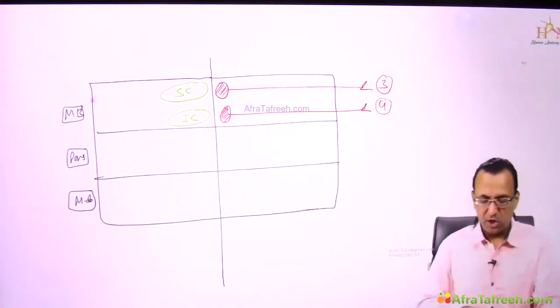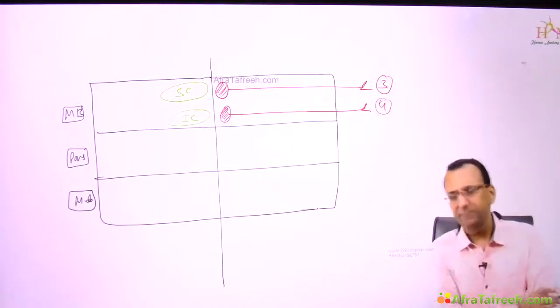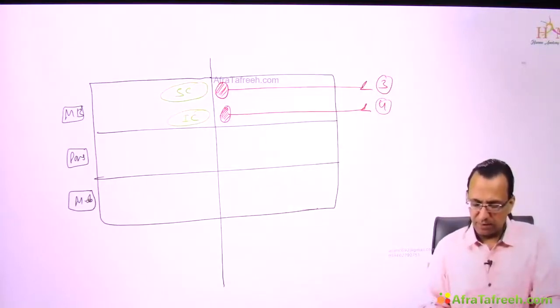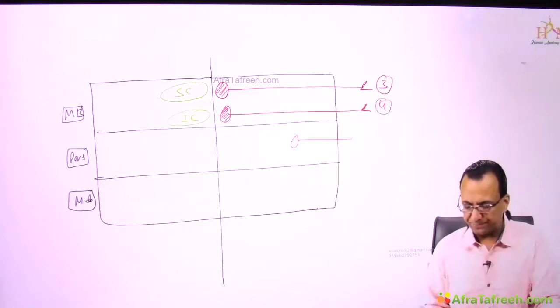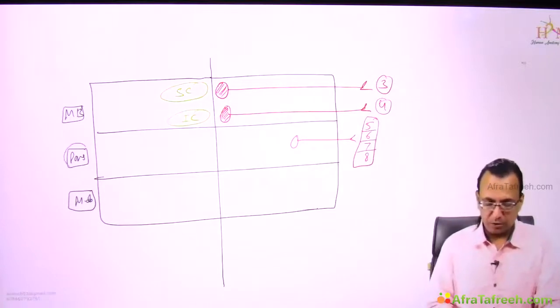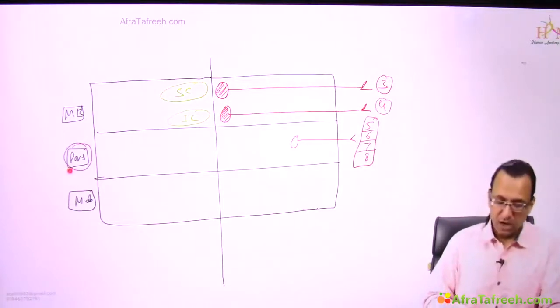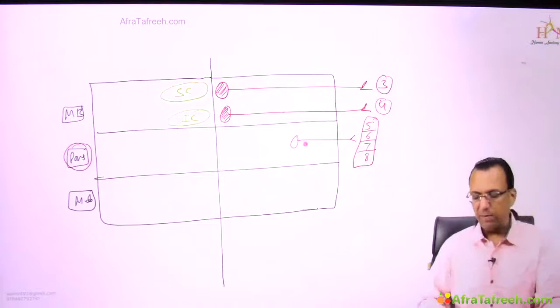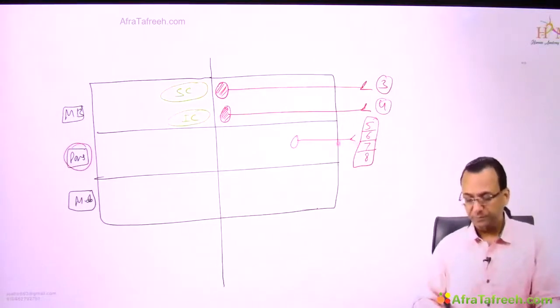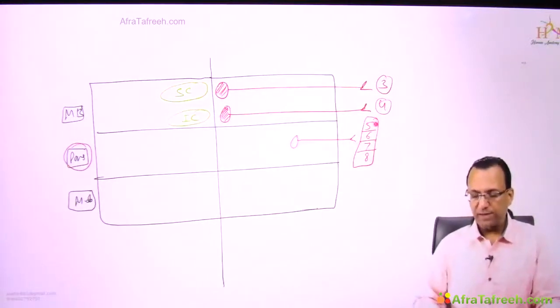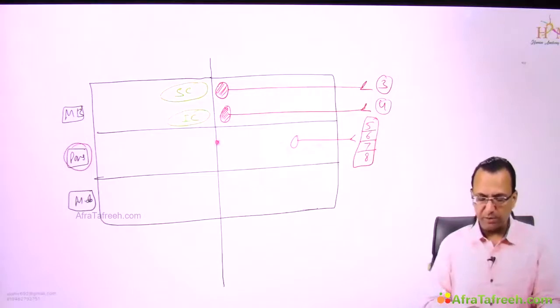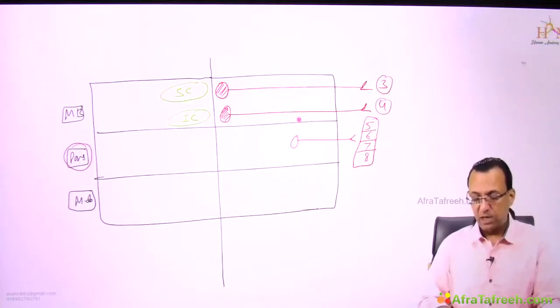Then where is the number 5, 6, 7, 8 nuclei? If you say number 5, 6, 7, 8 nuclei, then they are present in the pons, but not necessarily restricted to pons, as there can be overlapping neuron bodies. Though nuclei 5, 6, 7, 8 are mostly neuron bodies are in the pons, but they may be going up and down into midbrain or into the medulla oblongata. We'll discuss some of them, like you can tell